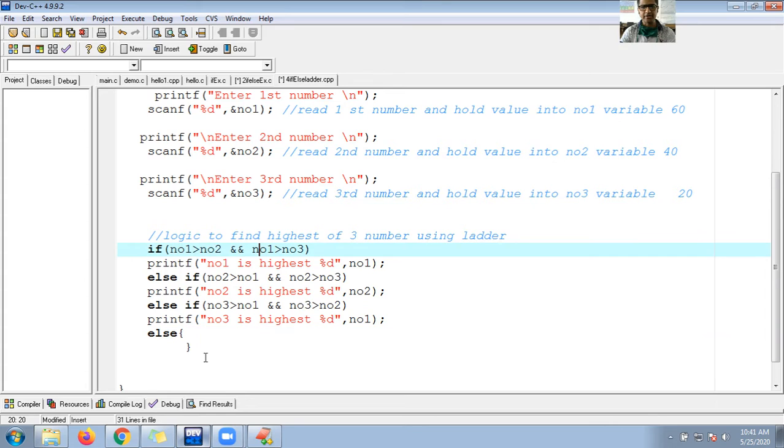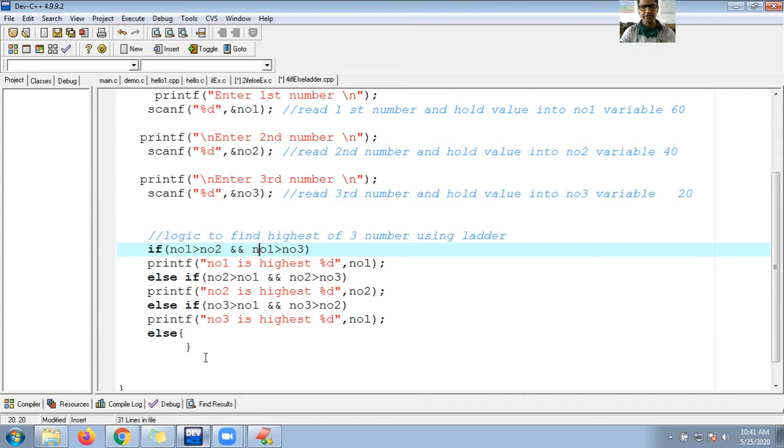So here number 1 is greater than number 2, and number 1 is greater than number 3. Then absolutely number 1 is highest. In the second case, if number 2 is greater than number 1 and number 2 is greater than number 3, absolutely number 2 is highest. In the third case, number 3 is greater than number 1 and number 3 is greater than number 2, then number 3 is highest. I am keeping the else block empty.